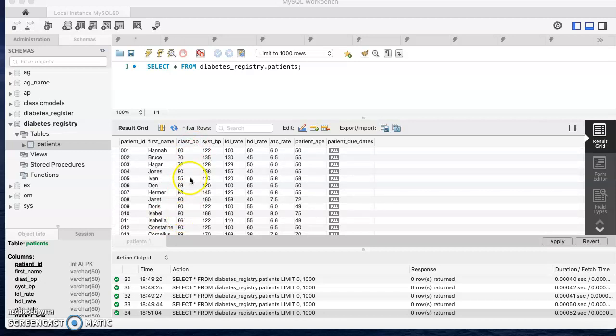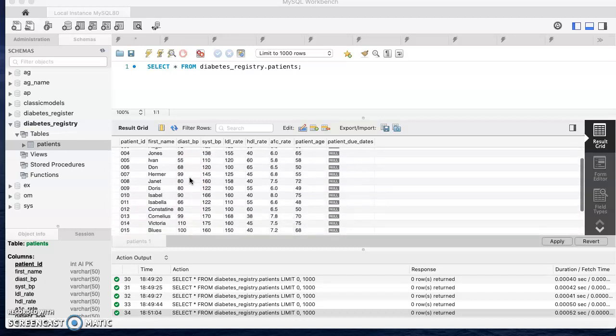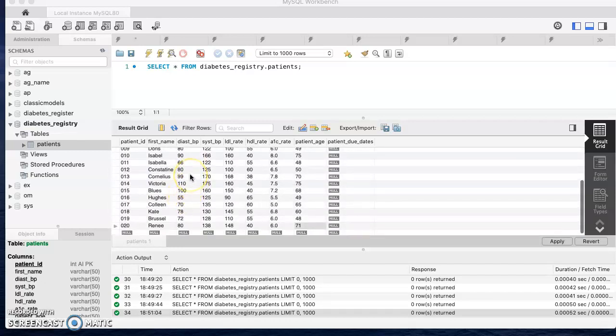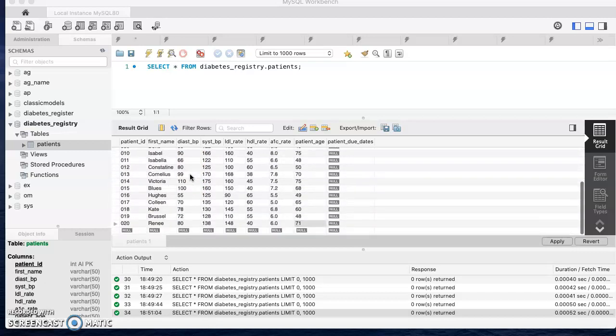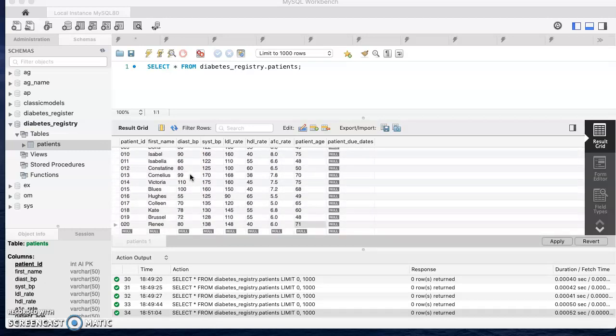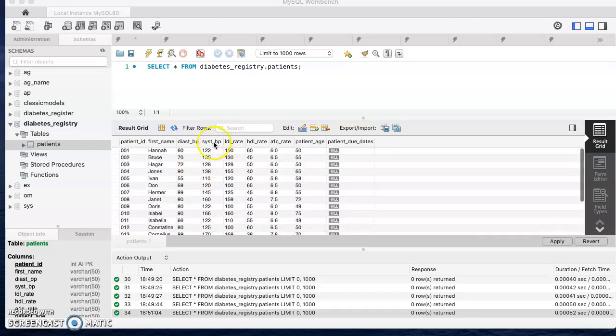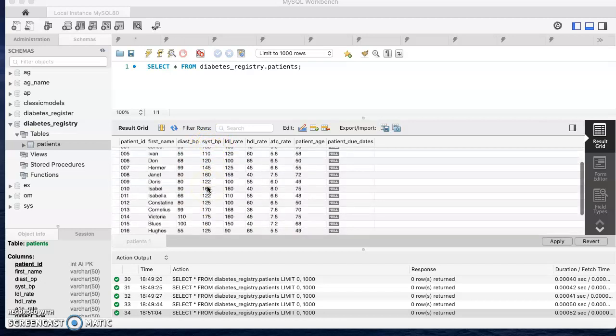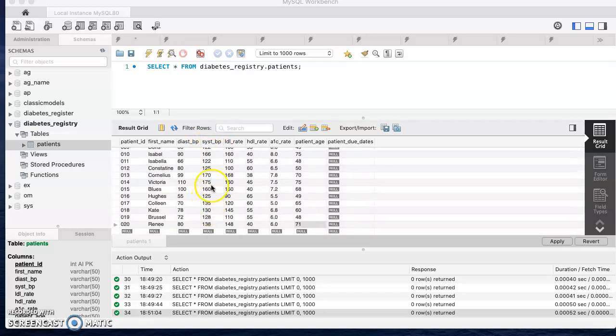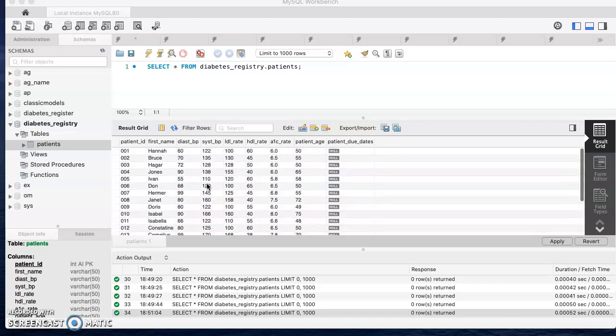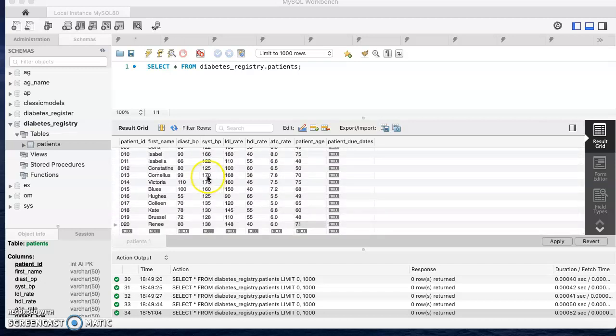diastolic blood pressure. You can tell some are high, some are low, and with the high ones, we need to pay attention and make sure we send them out to receive proper care to avoid any end organ damage. And you see the systolic values here. Some are normal, some are way off. They've gone too high. They have serious hypertensive issues, or hypertension, and something needs to be done, otherwise that could result in organ damage, such as the kidneys and also